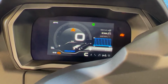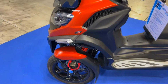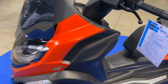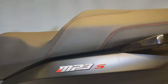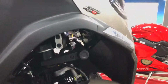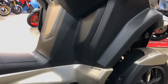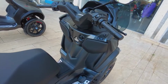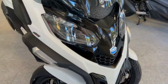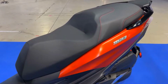Although not flat, the step-through is rather open. Before the big under-seat storage area, the brief tunnel moves quickly. The flip-up seat protects it and comes with remote deployment as part of the Bicycle Finder capabilities package. It can fit 2 full-face helmets or a computer bag. The driver's seat rises 31.1 inches above the deck, which is about normal for the type. However, the pillion pad is full width and has short butt stops to prevent you from sliding from below your